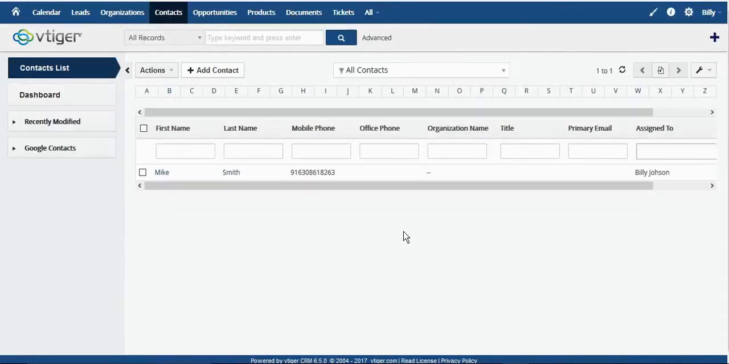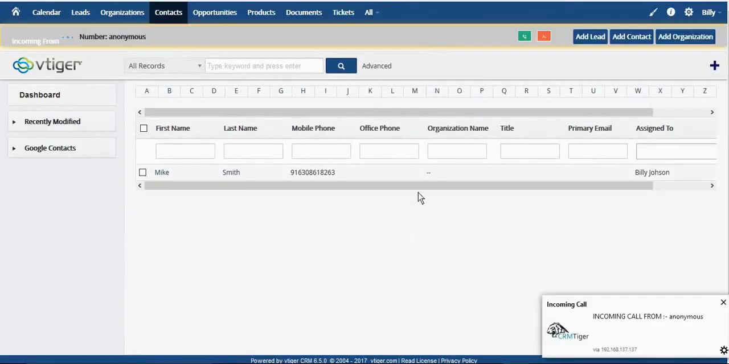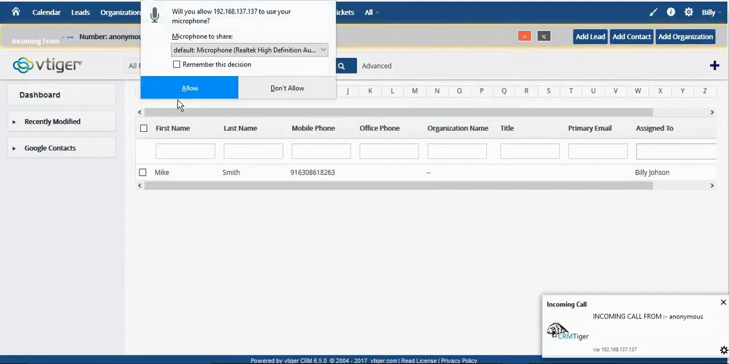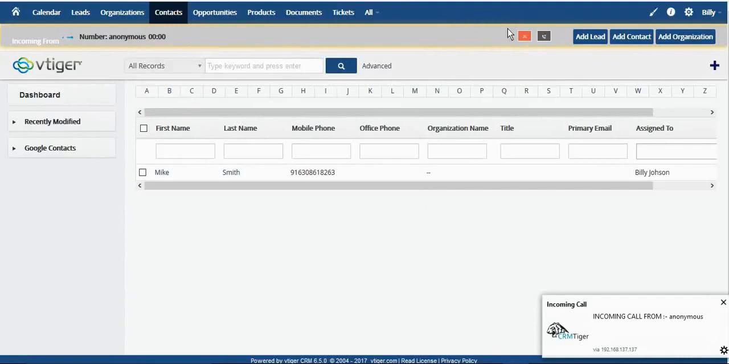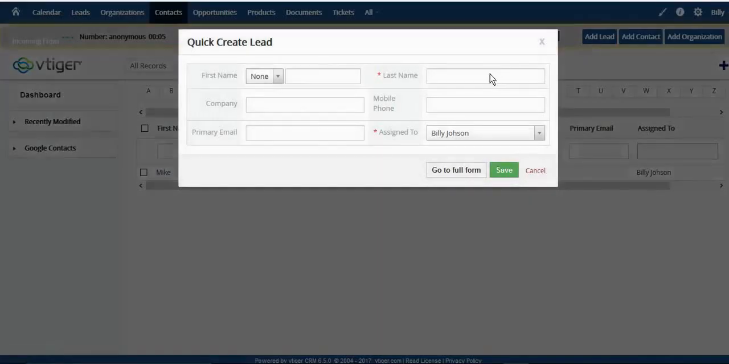the recordings are also there. I just made an incoming call again to this. Now I can answer. I just answered from the browser itself, and I can pause the call and I can talk to the customer. While talking to the customer, we can add the customer as a lead